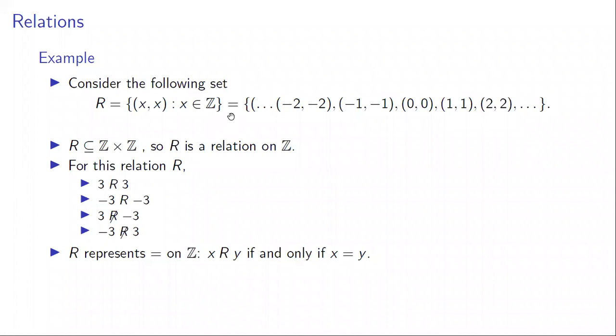Okay, I just rewrote this set a little bit more clearly. Oops, made a mistake. So the set R has -2, -2, -1, -1, 0, 0, 1, 1, 2, 2, and then continues to infinity in each direction. So you can see that R represents equality, right? And x is related to y. In other words, every ordered pair means that x equals y, that the first thing in the pair equals the second thing in the pair. All right,